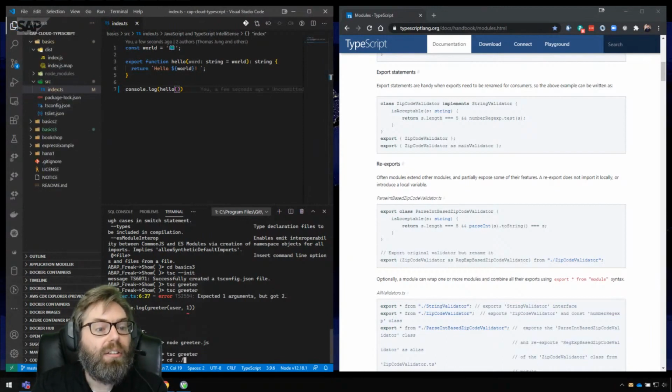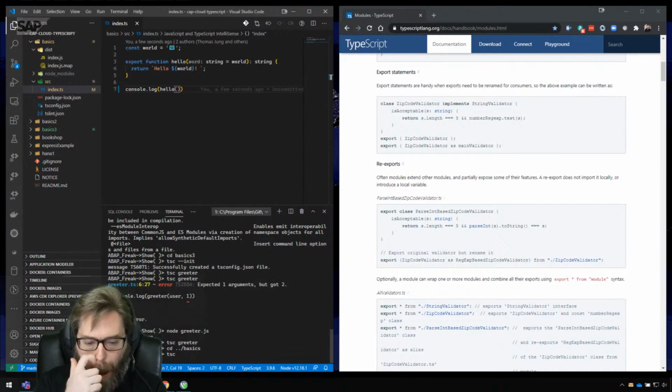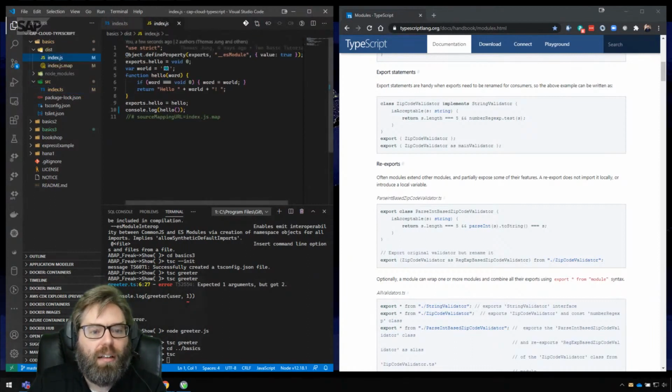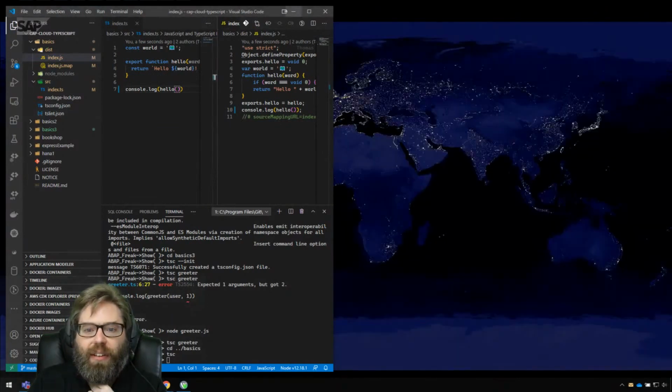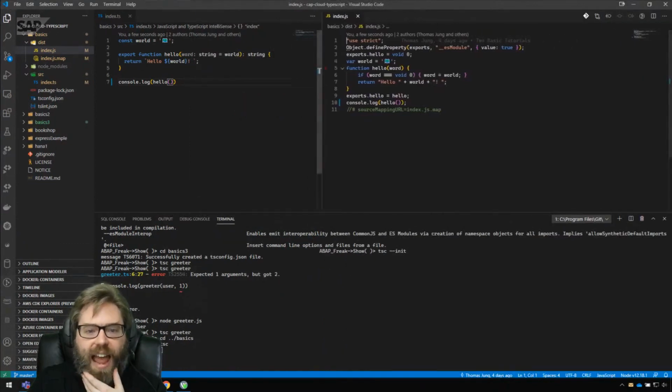And if we go into basics, and we do a TSC, and that compiled and sort of rewrote our JavaScript. And what you see here is there's a little bit more going on. Where our other example was essentially the same code, we can get rid of that for now to give me a little more space to work with. It's now having to do,